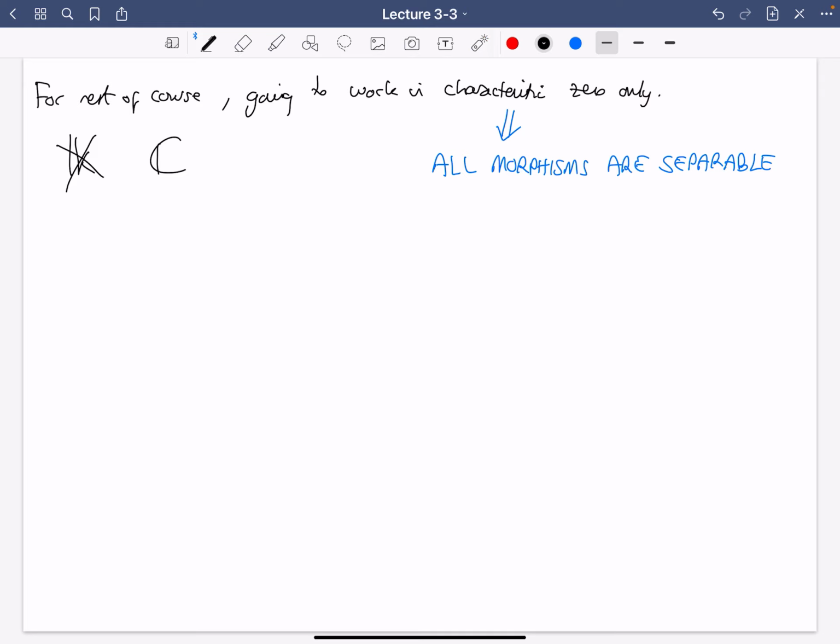So I've done my best to avoid too much algebraic geometry, but this is the place where as soon as I have to discuss consequences of all morphisms being separable, I can't avoid it any longer. But I'm not going to prove anything deep at this point using algebraic geometry. But I do need to just mention a few of these general things that we should really be doing if we were developing algebraic groups more seriously at this point. If G is an algebraic group